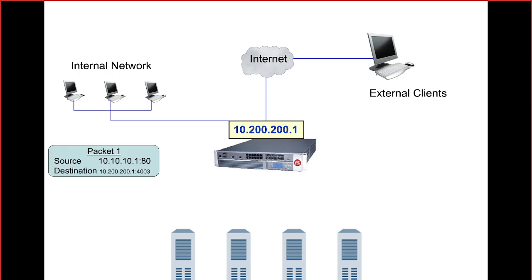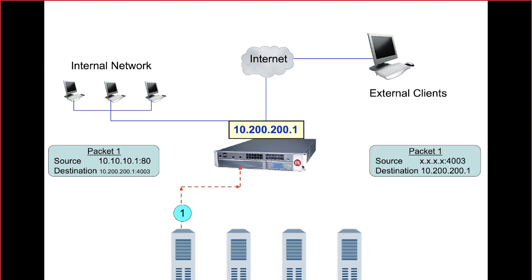Right, see here, now the request is coming from 10.1.1.80. The destination IP address is 10.200.200.1. Now the packet is being forwarded. The destination IP address got translated to 10.200.200.1. Sorry, the order of the packet is different. Okay, the response packet is going back now. In the earlier scenario we have seen the source address getting translated for the request received from the external clients. Now this is the response packet. The response packet is from 10.1.10.1:80 going to 10.200.200.1:4003. Now that traffic is being forwarded to the original client. The same thing, the second packet will also go.